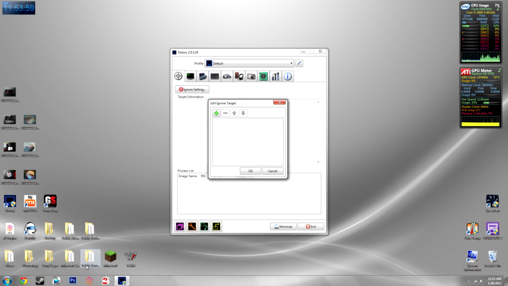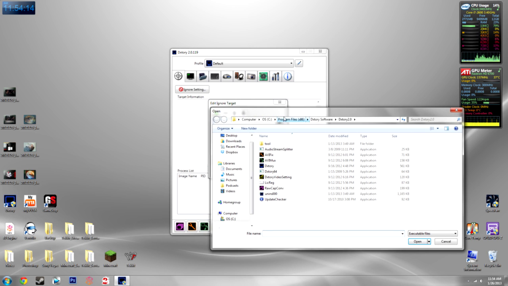So if I'm using Vegas 12 and I'm making a tutorial for that and I have Photoshop open and I'm sort of using that at the same time, I could add a target and browse the folder,